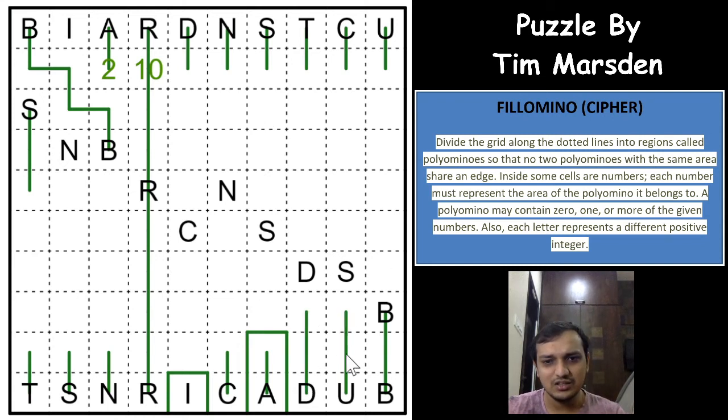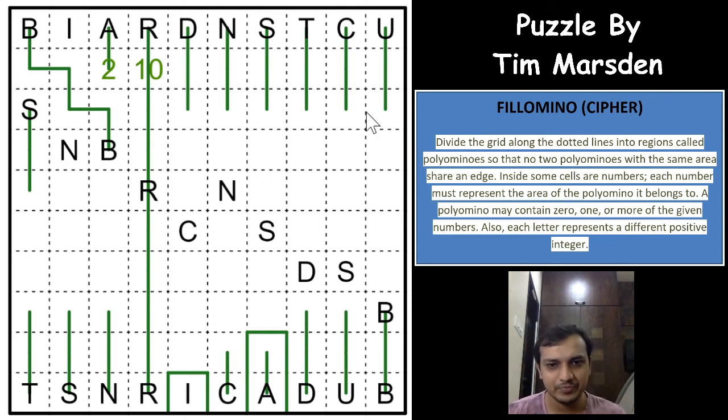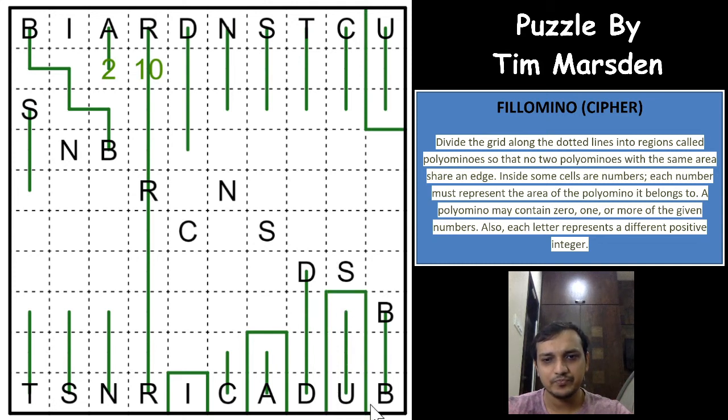We can extend the alphabets more because 2 is already done. So all the other alphabets will be 3 or greater than 3, which means that D is 4 now. At least 4. So we can extend our D with 4, right? D is at least 4 now. Now if you see, the U is 3. So U cannot be extended more, which means that U will have to be 3, and we can close the U with being only 3 cells, right? So we got our 3 also.